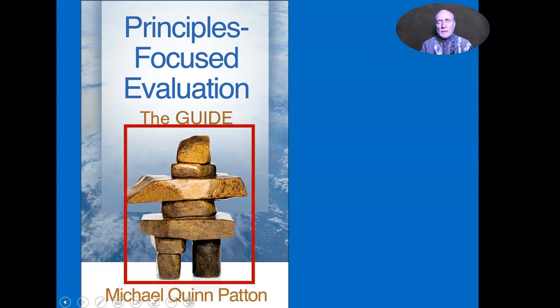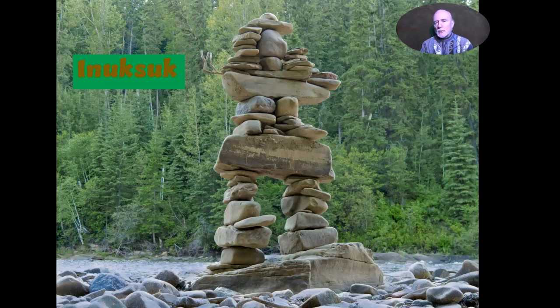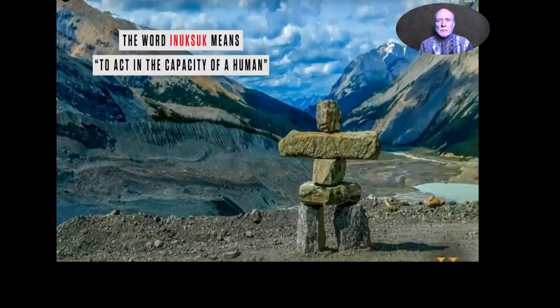On the cover of the book is featured a sculpture of an inukshuk. Inukshuks are large stone sculptures in the wilderness of the Arctic by the Inuit people that provide ways of navigating through the wilderness. Where there are no roads, where there are no signs, the Inukshuks become guidance. They help locate directions. They often are places where sacred objects and food are placed to help people through the journey in the wilderness. Well, that's what principles do.